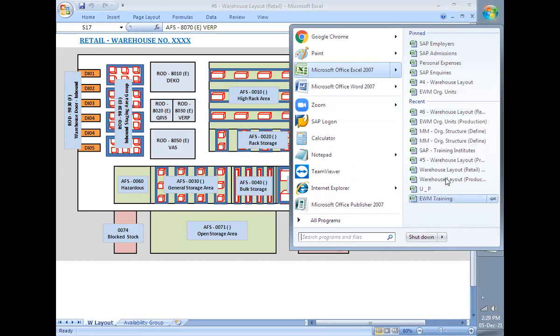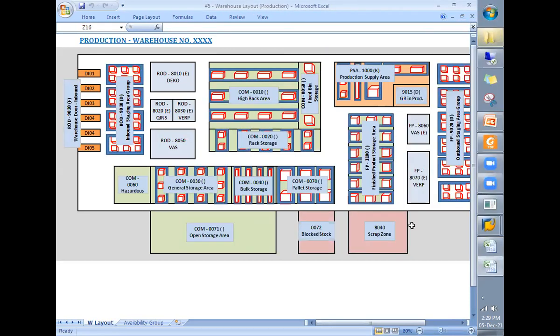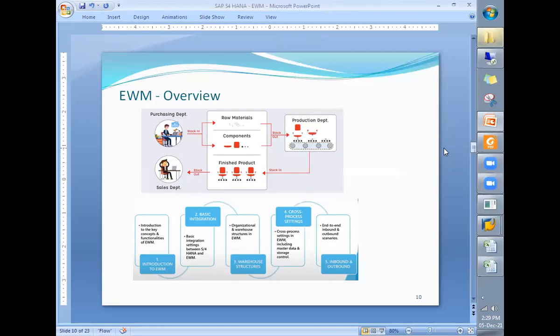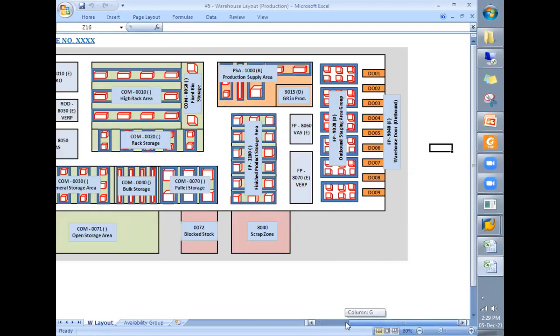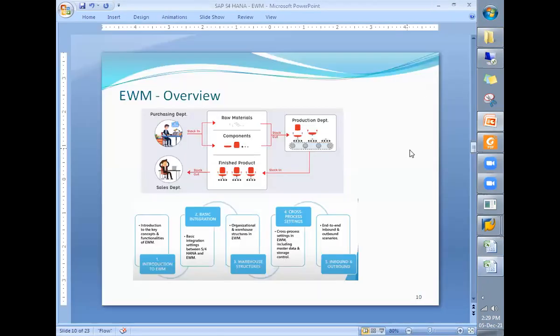Because the layout varies from industry to industry, we will be considering different layouts for our better understanding. So we will take these layouts, right?